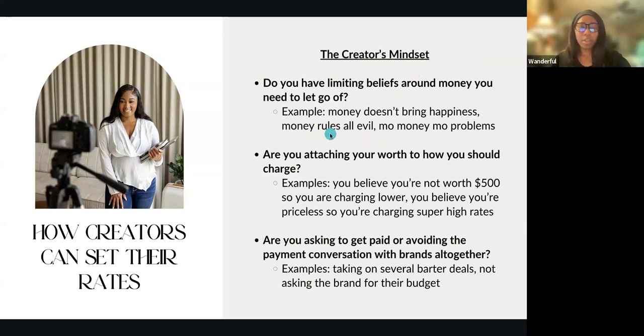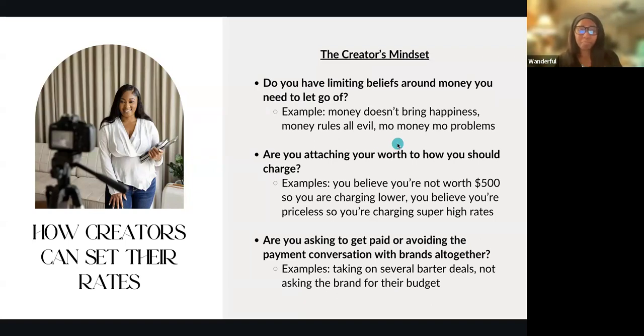Money rules all evil. So this one basically is a very common one, and actually I believe it's money is the root of all evil. I have that so wrong. Anyways, I hope you get what I mean here. This one tends to make people think that people who have a lot of money are selfish, they're greedy, they don't think about others. So when it comes to opportunities where you get to make a lot of money, maybe like $1,000 with a brand deal, if that's considered a lot of money for you, you tend to have that thought of like, ooh, I don't know if I could accept that. Like, I'm not sure. And you're not sure where it's coming from, but if you're being told that money